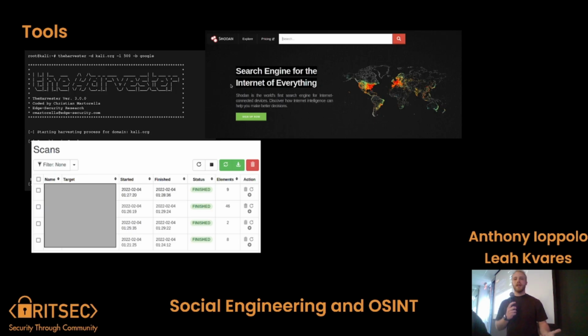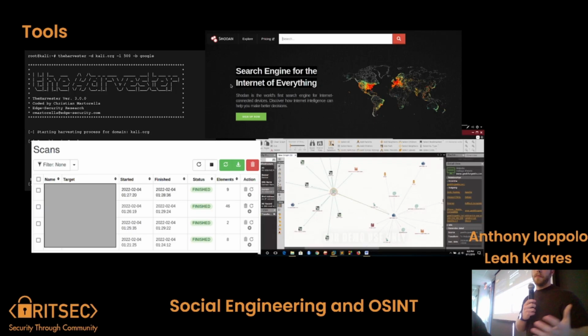People have done this a million times, automation for OSINT, and these are good examples of that. Maltego's another one. If you take pen testing, you might have used this, where you put in, say, a username and it'll create billions of different branches and graph all these different relations. The free version isn't that great, but you can still get access to it and find a decent bit of stuff.